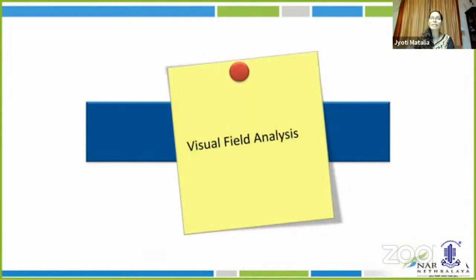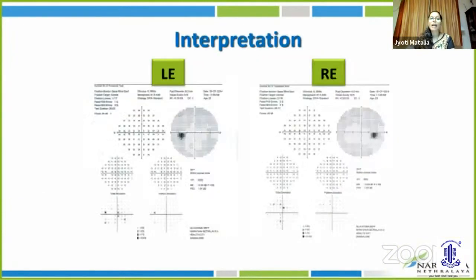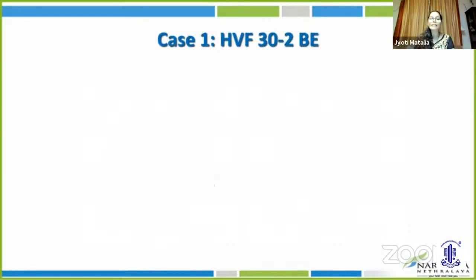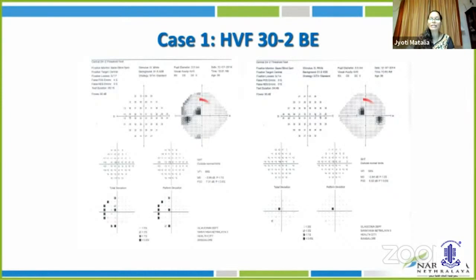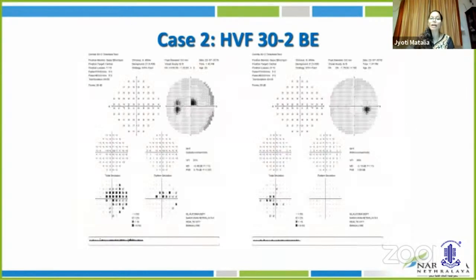One important point is to do a visual field analysis, and I'm going to be discussing how this visual field analysis helped reach the diagnosis. Now, when you interpret a visual field, remember to keep the right side of the field on the right and the left on the left side, as shown here. So let's see what came in case 1. As you can see, a field symmetrical in both eyes, and in case 2, a similar field, but in only one eye. Let's see how this reaches the diagnosis.